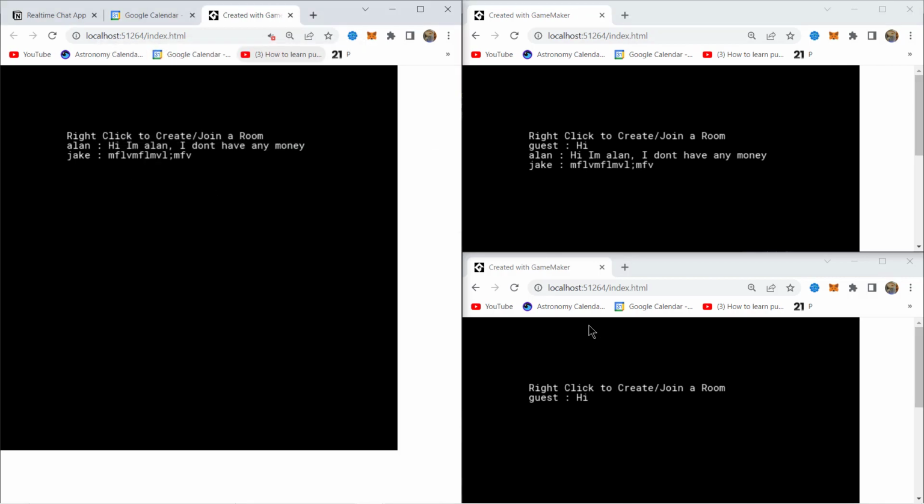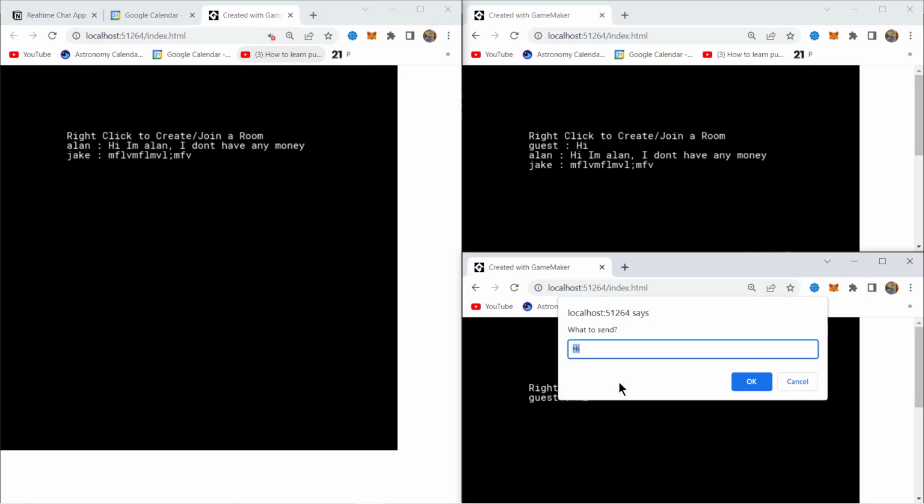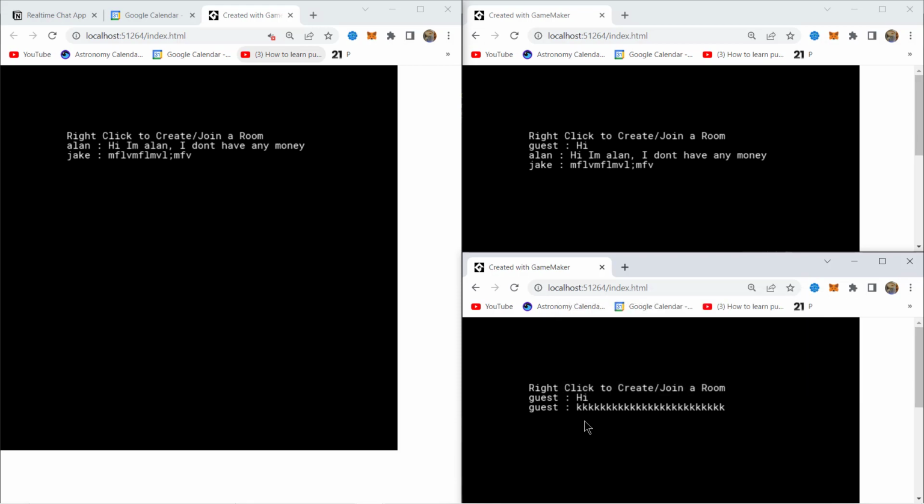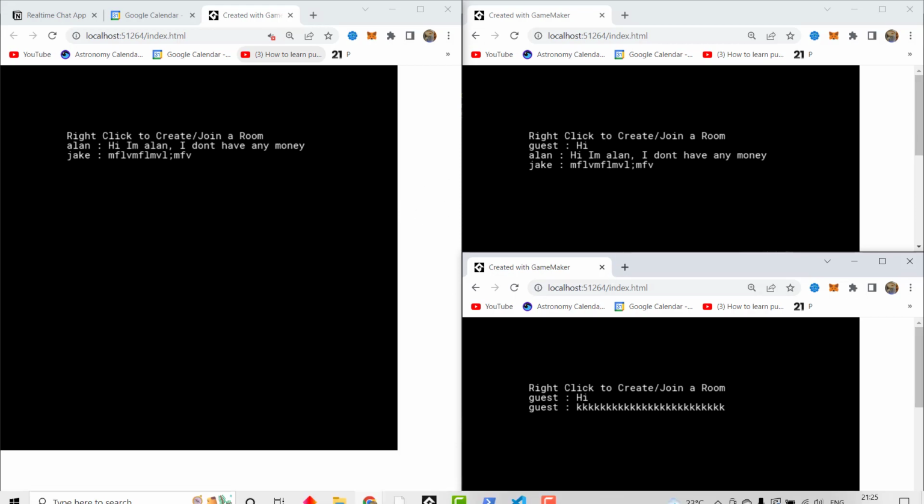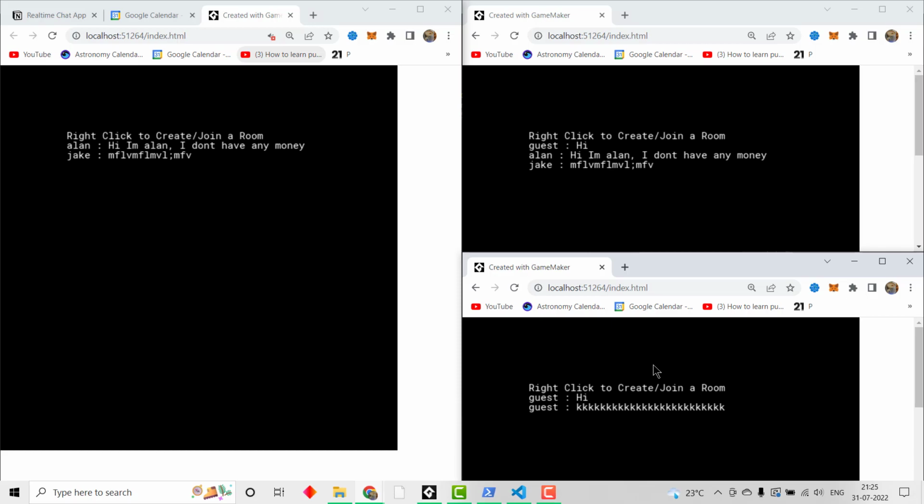Jake. This way we have created a very neat app, and now this guy is in the lobby room, so it doesn't matter what he sends. It will not appear on these guys' screen. So we actually created a really simple real-time chat app with Node making Node our server